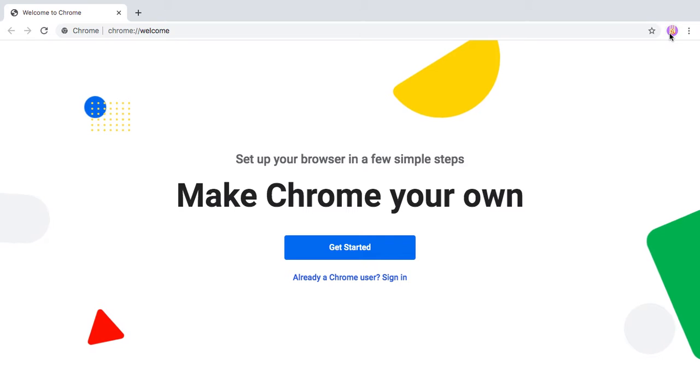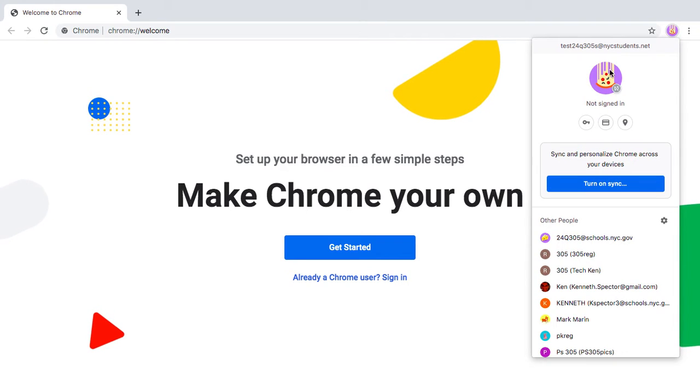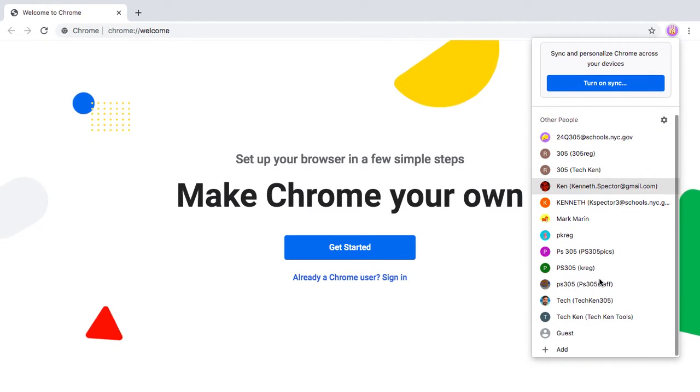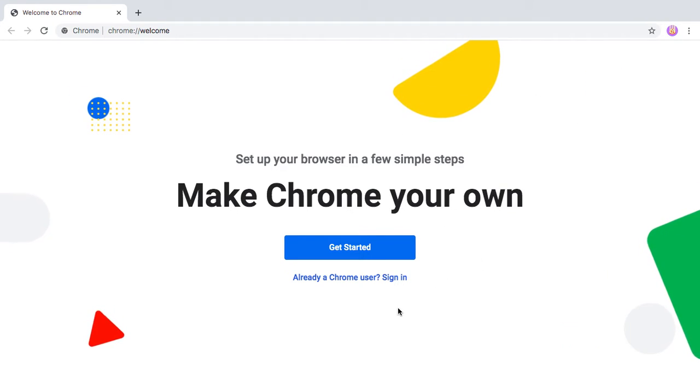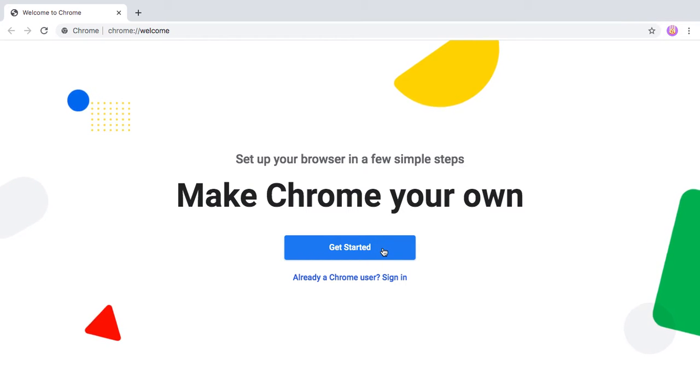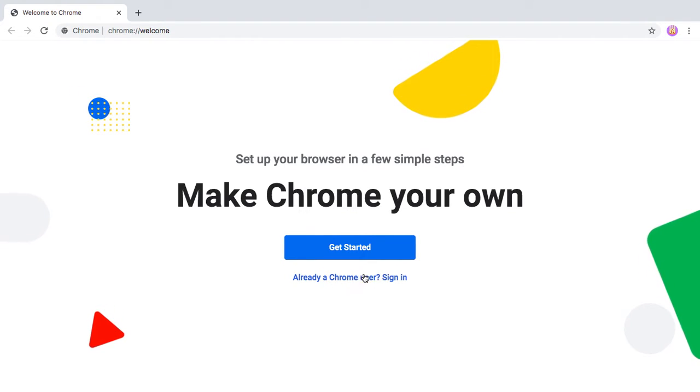What that just did was add, see here's the pizza, it added it to the list, to this giant list of all my accounts. Now, make Chrome your own. I don't need to get started because we've already built a Chrome username for every kid. So you just press already a Chrome user, sign in.